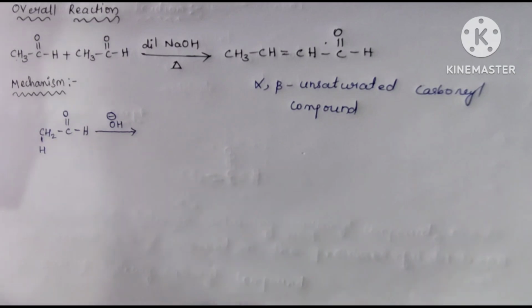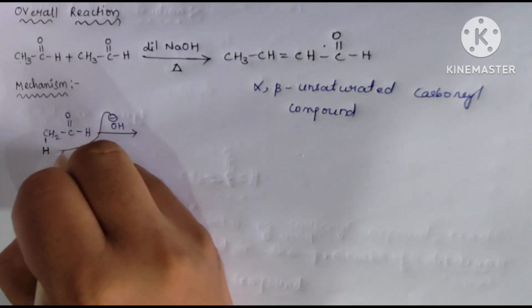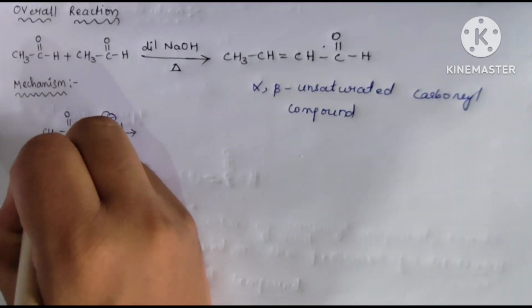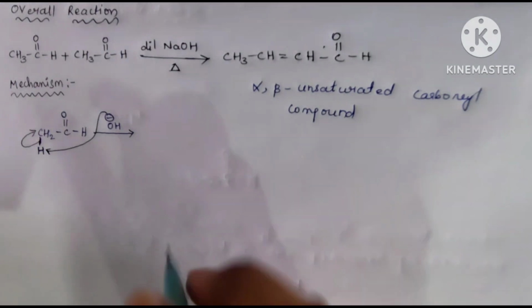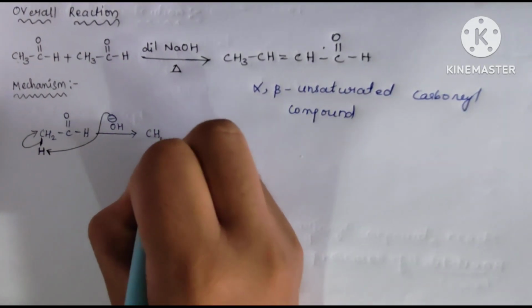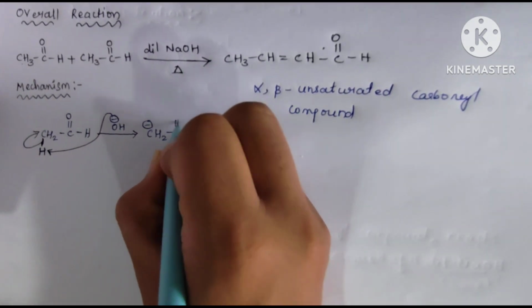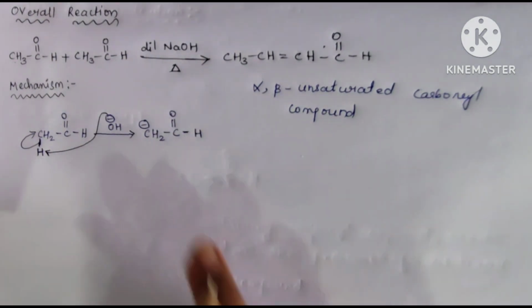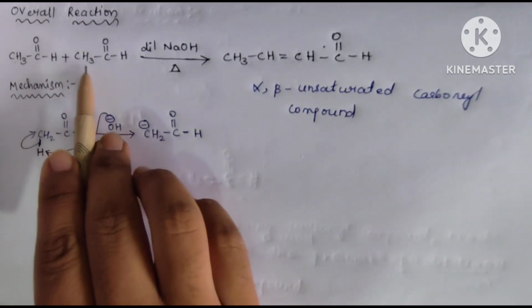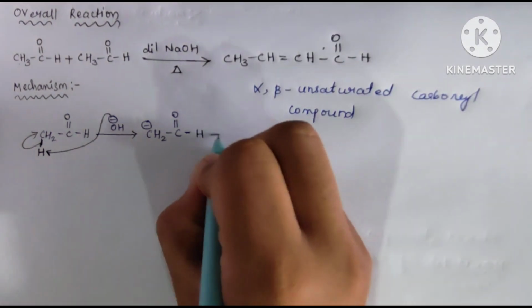The base abstracts the proton, H, and the sigma bond, the single bond, moves towards the carbon to form CH2 with a minus charge bond C double bond O bond H. This compound reacts with another mole of carbonyl compound,